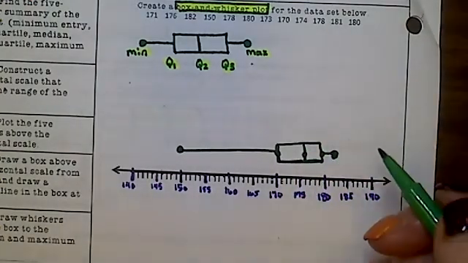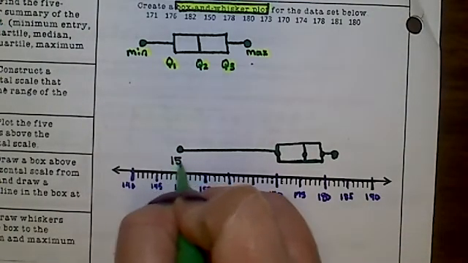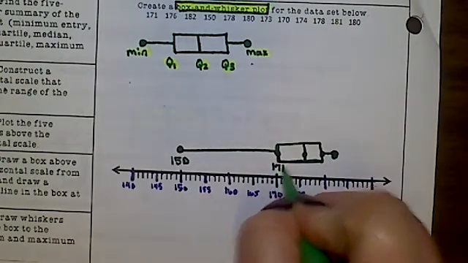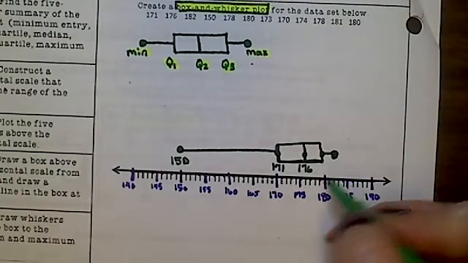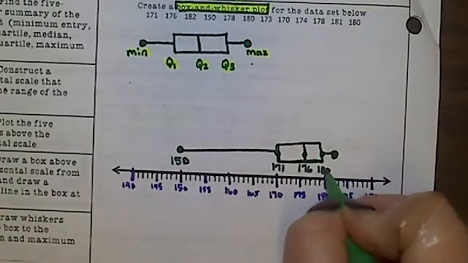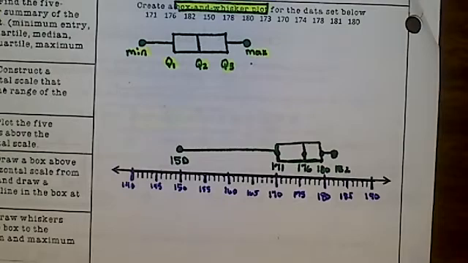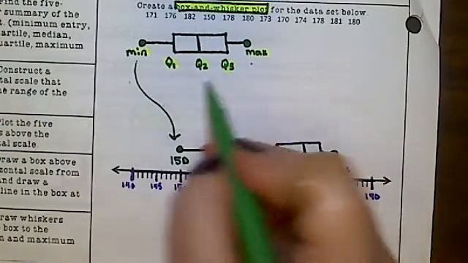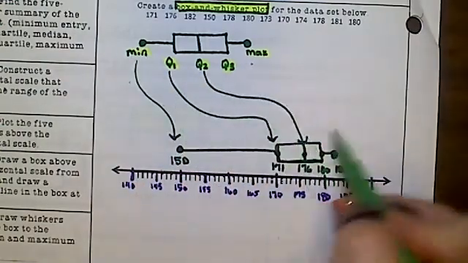Sometimes you'll see where they actually put the numbers underneath it. So I'm going to put my 150, 171, 176, 180, and 182. And if you see them put that here, I'm just going to remind you, this is where your minimum goes. That's your Q1, Q2,